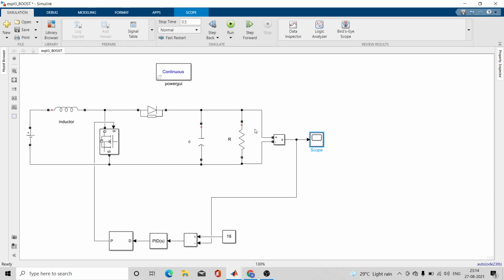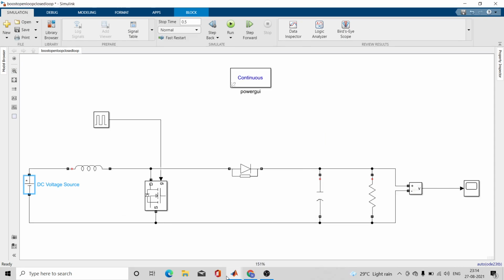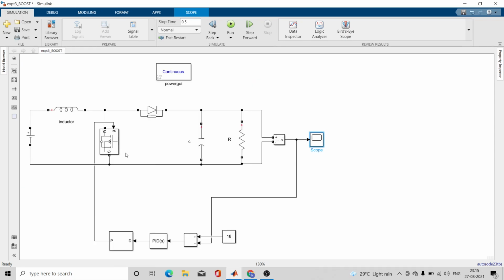So what is the difference in it? I will explain this point to you over here, and I will tell you how to build it using the previous open loop circuit, so it will be easier for you to understand, I guess. What is the difference between this circuit and that open loop circuit?